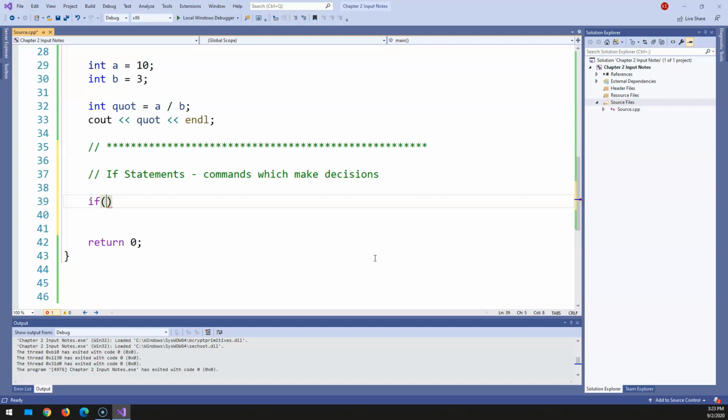Inside the if statement, we put one of the 6 ways of comparing things. Is it equal or not equal? Is it less than? Is it greater than? Is it less than or equal to? Greater than or equal to? Well, again, let's just keep it relatively simple. If the num is greater than the sum,